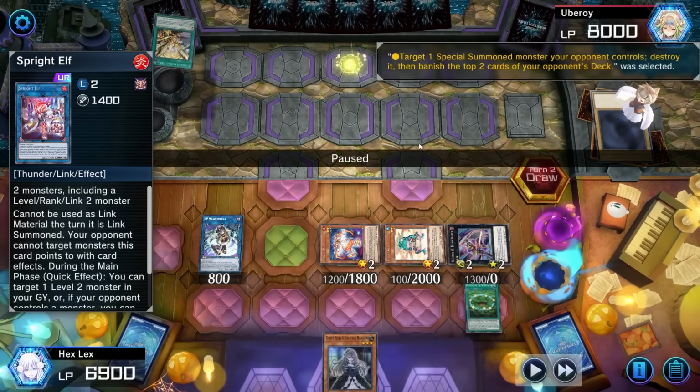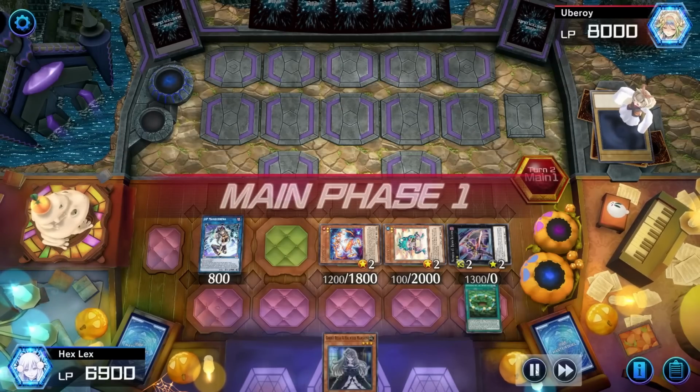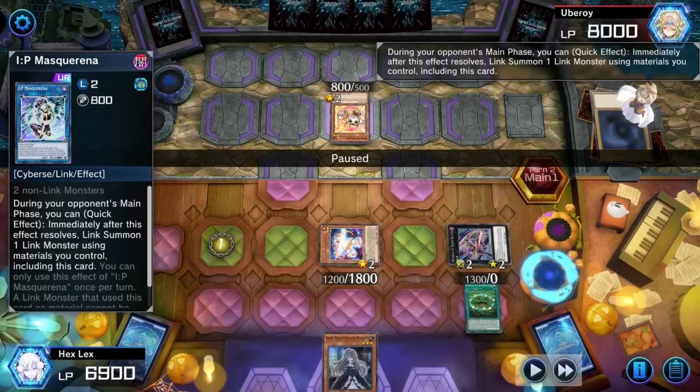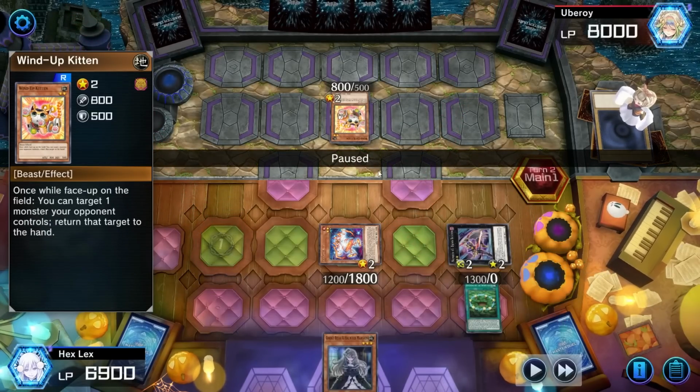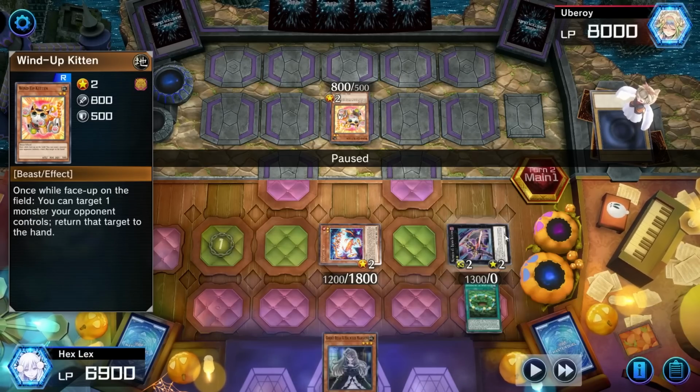But it's going to start with a Flashing Fire during the draw phase on our Spright Elf. That's going to deny us the summon with it on the main phase, which is fine, honestly. It's not that big of a deal. Alright, so we're going to start by normal summoning Wind Up Kitten. I definitely don't want them to, 1, have a level 2 monster, or 2, bounce one of my monsters, so...